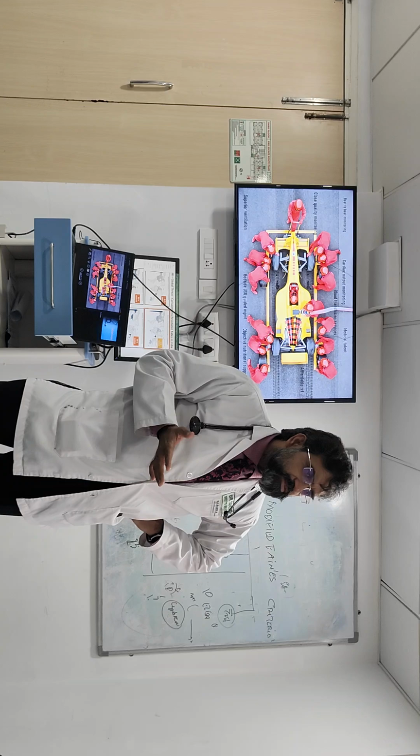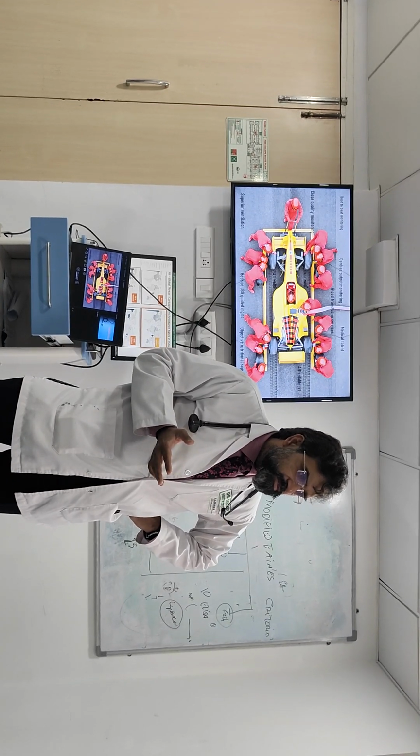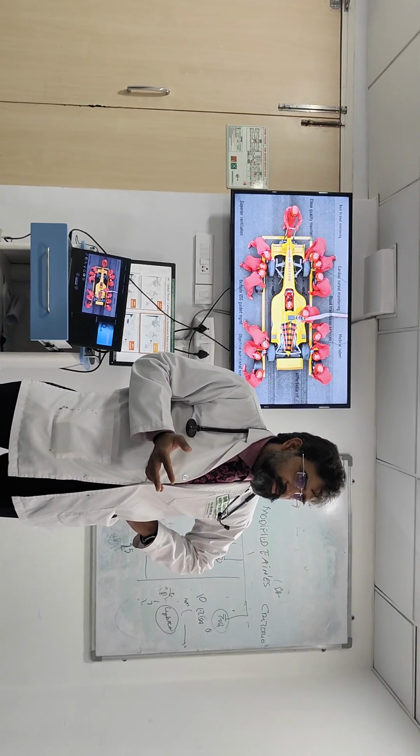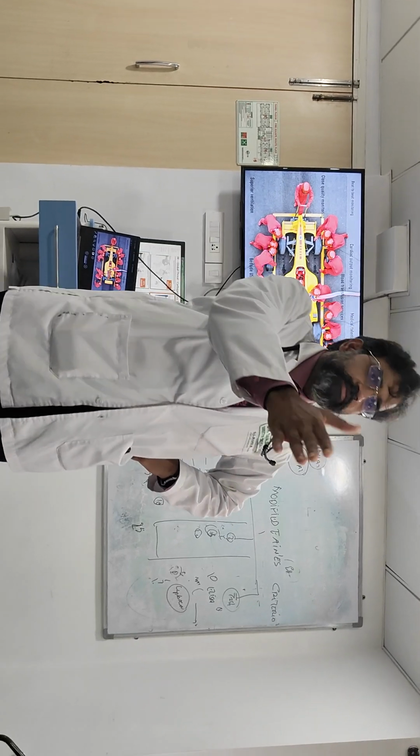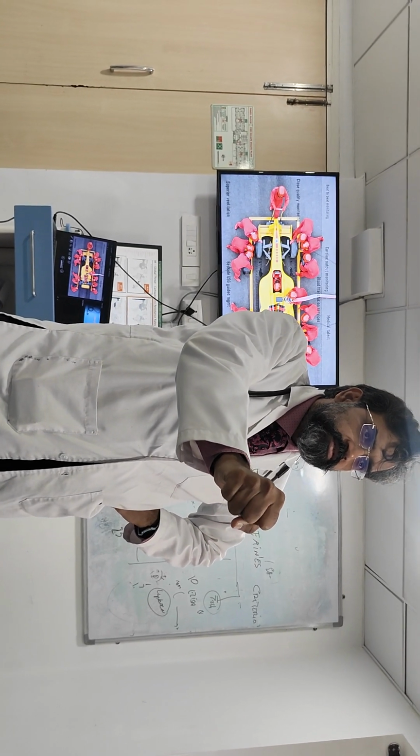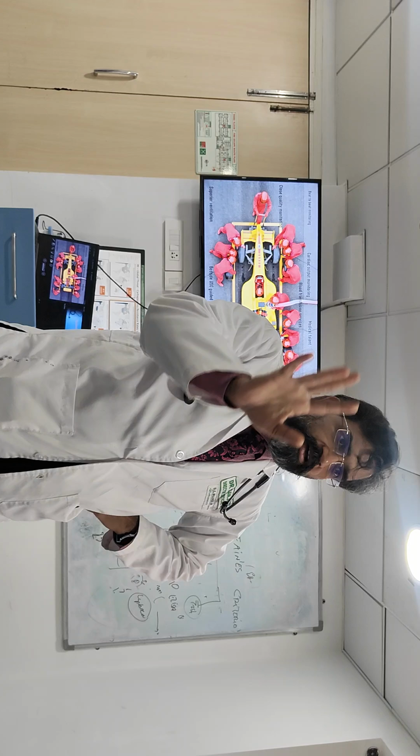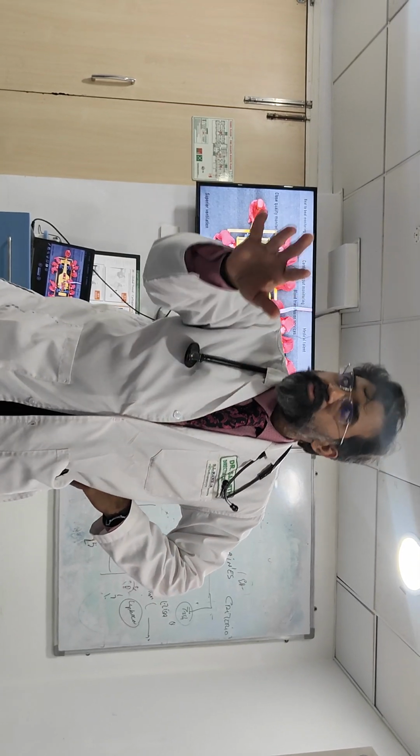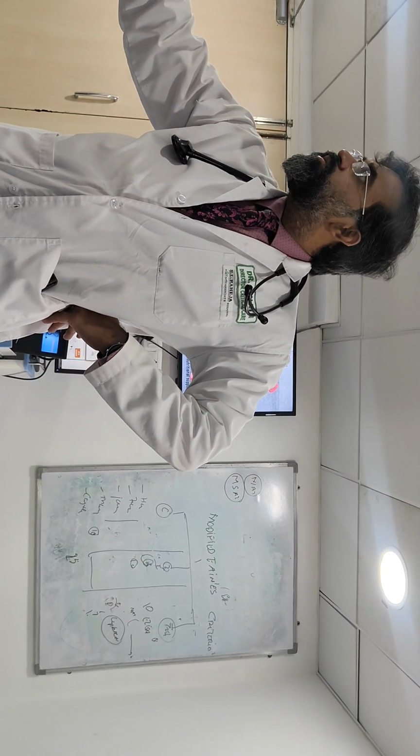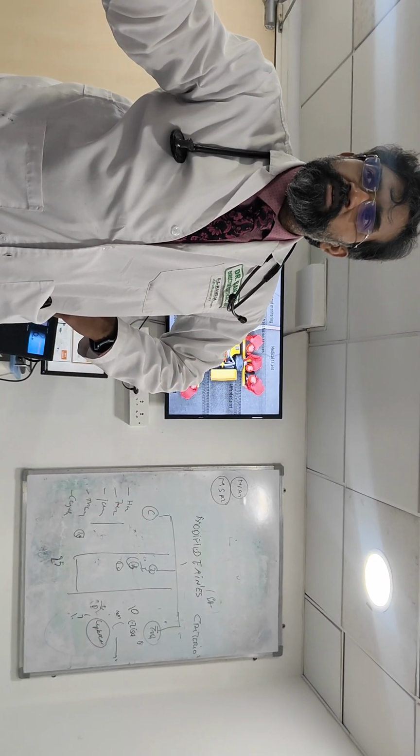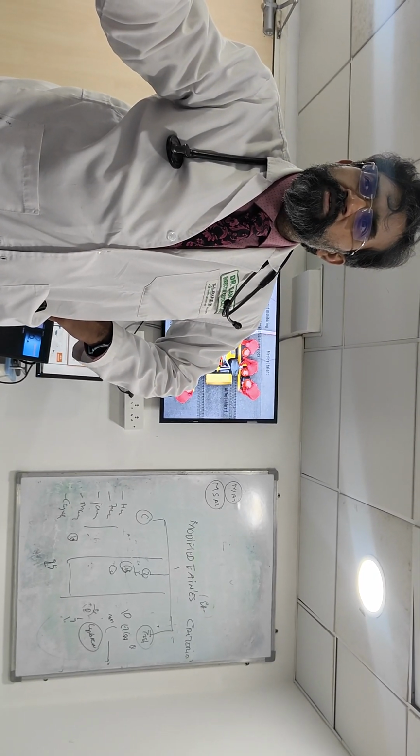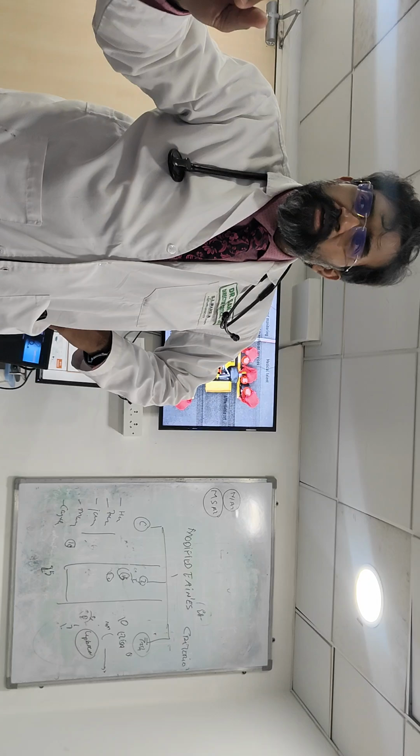Artesunate. How many days? For 3 to 5 days, minimum 3 days. What is the treatment? Artesunate. How much is the dose of artesunate? Full dose, 2.4 mg per kg, at 0 hour, 12 hour, then 24 hour, then once daily